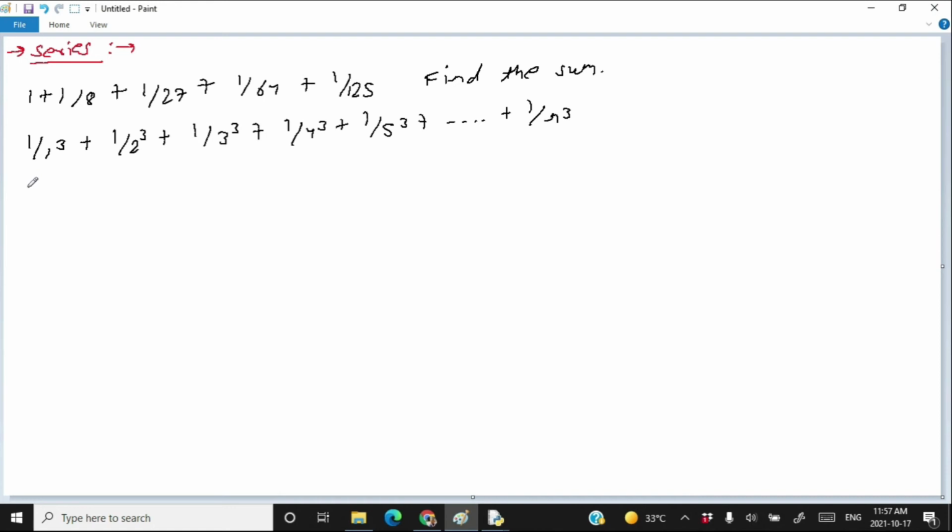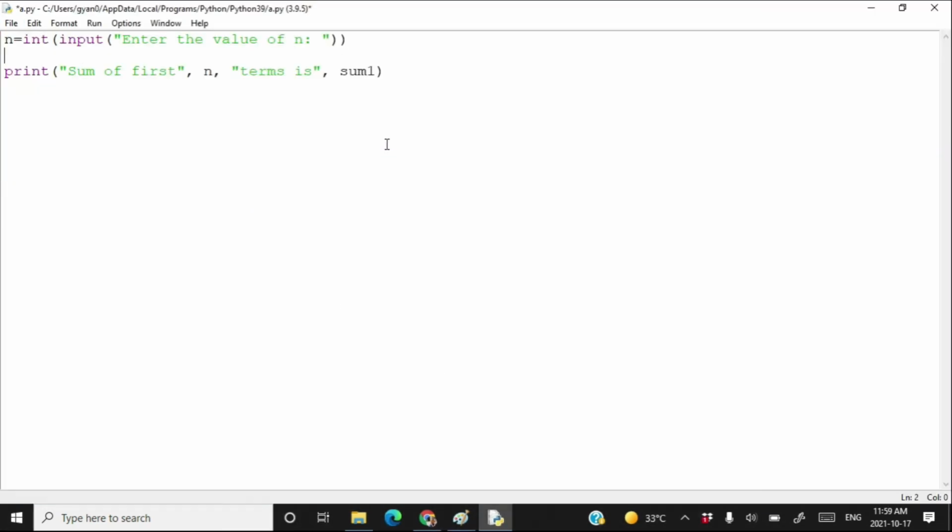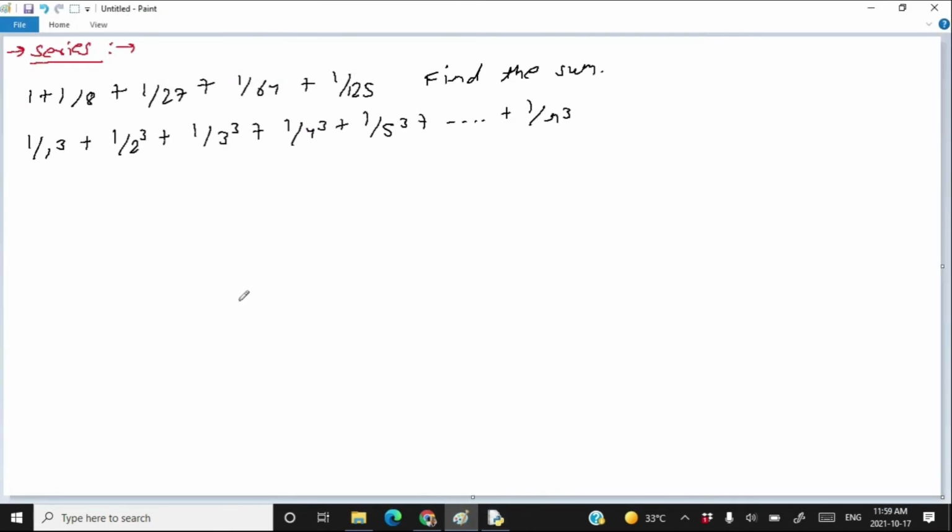Your program should ask to enter the number of terms, and that will be stored in the value n, and then you can use a loop to calculate the summation. Let's try it. Now tell me the range on which you have to work. The range is starting from 1 up to n.